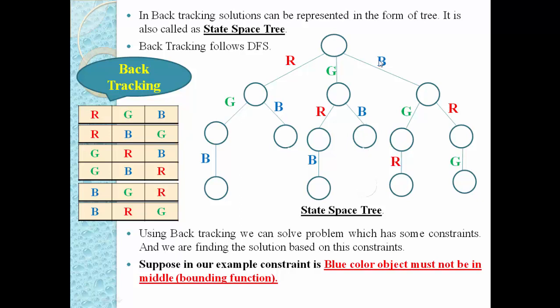Now find the other solutions, that is B, G and R. B is first, so it is a correct solution. Then B, R and G, B is first, so this is also a correct solution. Among these, we have removed these two parts and we are not further exploring them, so we can say we are reducing our time and our work, right? So if we use this kind of constraint in our problem, then using backtracking we can reduce the time complexity of the algorithm.